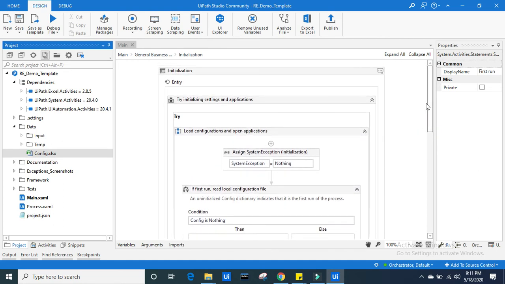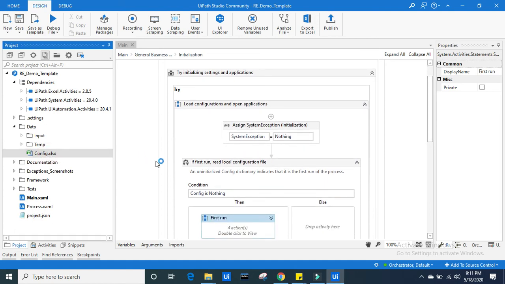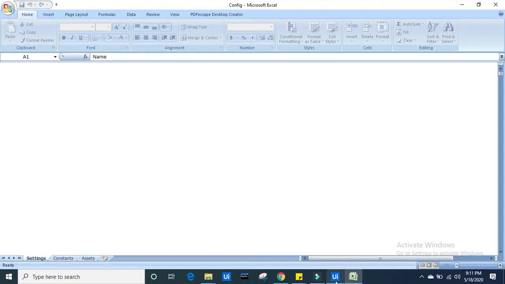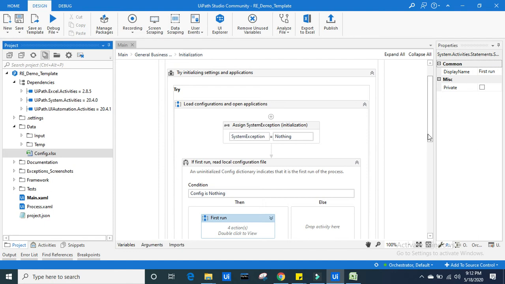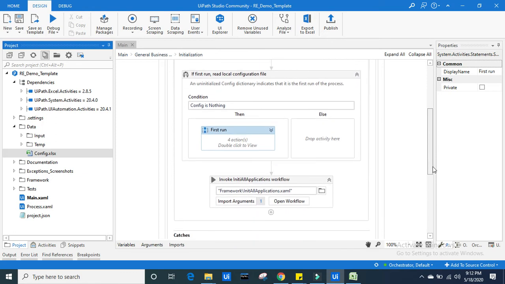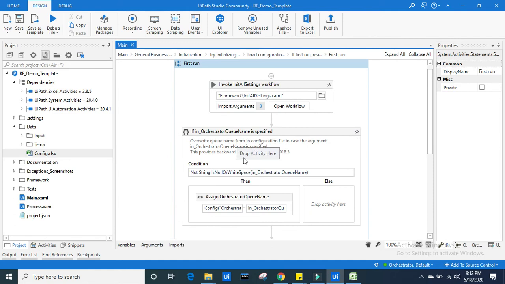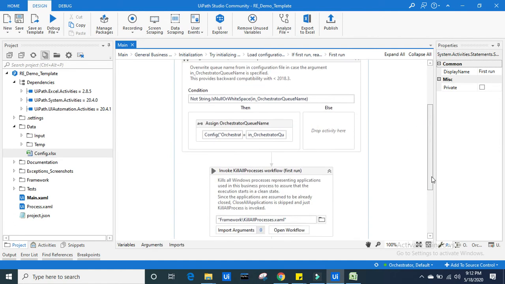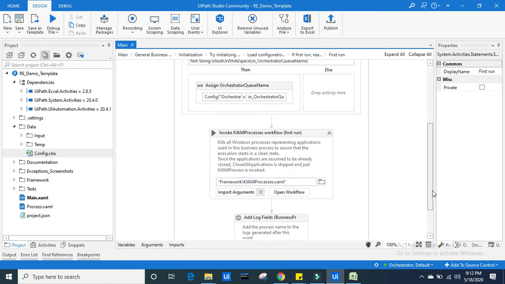So, initialization phase. What it does is it will first read the config file. This you need not change. 99.999% you are not going to change anything. This is a very easy template they have built in. We are just going to tweak or edit this, or use this as a template and develop our workflows. At the first go, it's expected that if you don't understand everything, that is well and good. These are all standards.